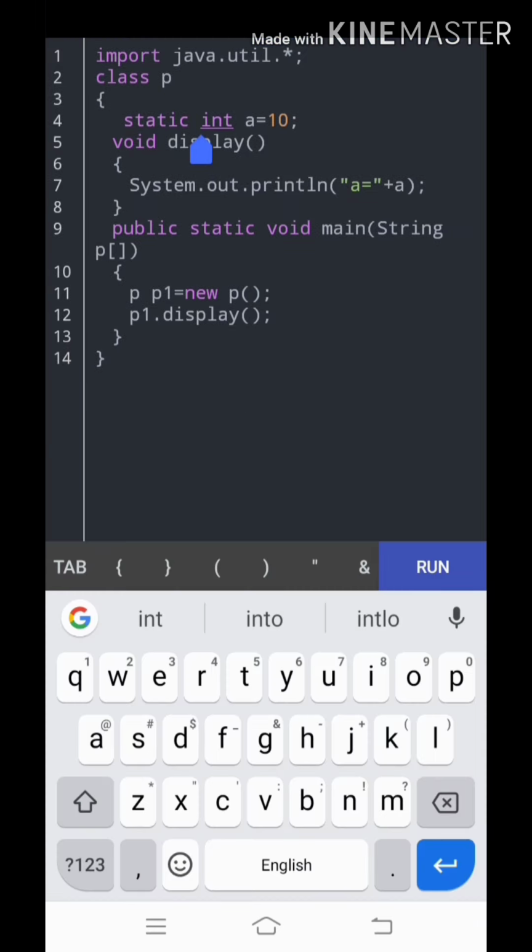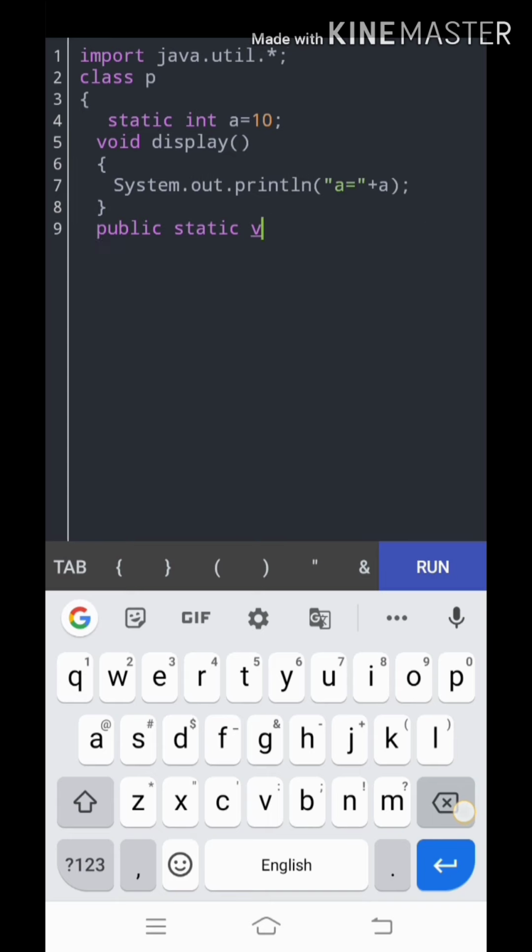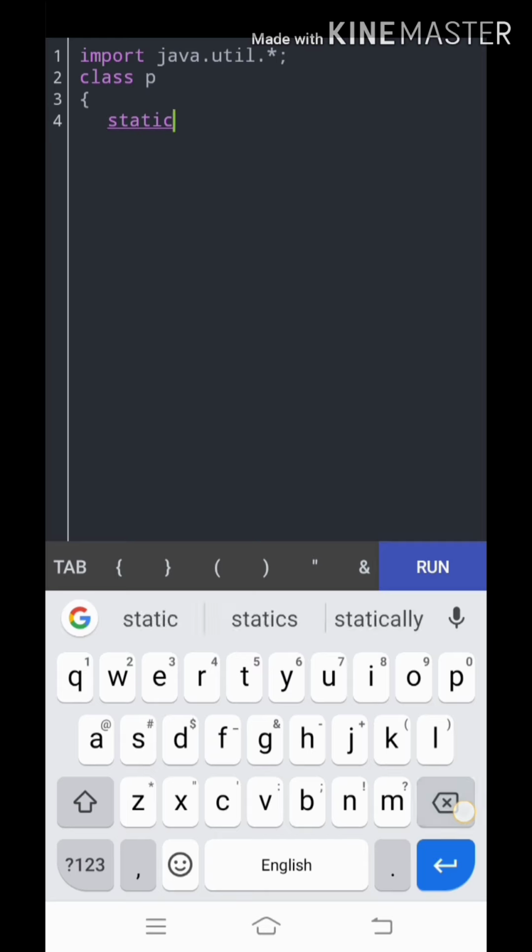Now I am going to deal with the instance variable. I am going to run the instance variable in this program only. Instance variables are used when two objects are created and we want to call a single variable multiple times.